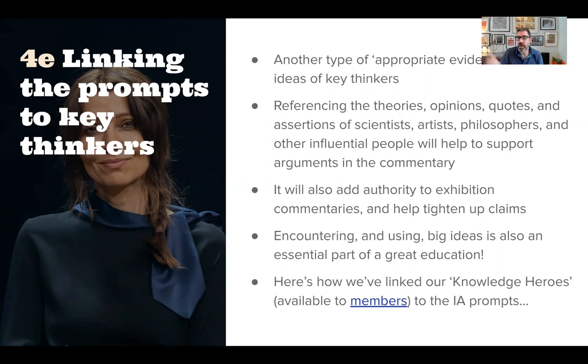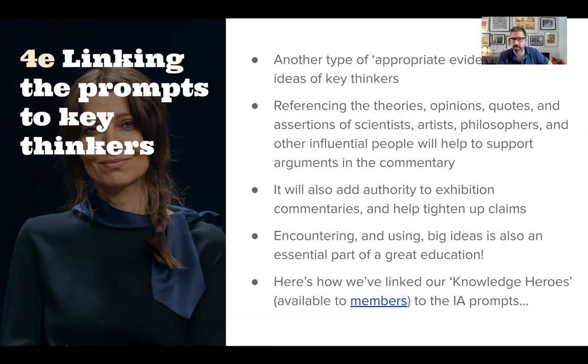And I think this is part of a great education, isn't it? We should all be coming across the ideas of wonderful people, even if we disagree with them. We should be aware of them. Now, I suppose there's one little danger here. You have to be careful that the ideas of key thinkers don't overshadow the ideas of students. So you should be encouraging them to use these ideas to support what they're saying rather than replace what they're saying. But as long as you do that, I think this will only strengthen a commentary